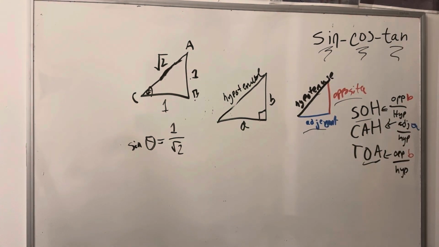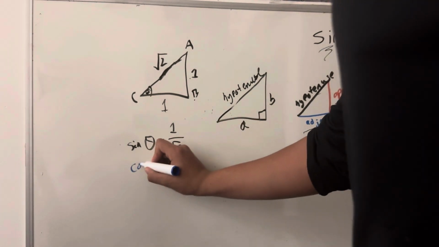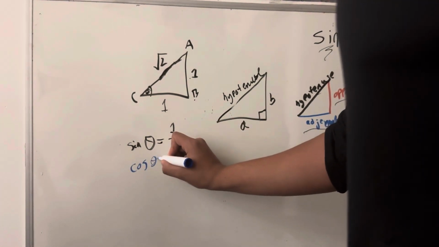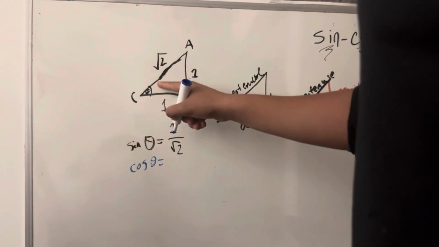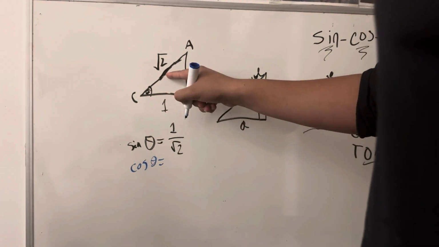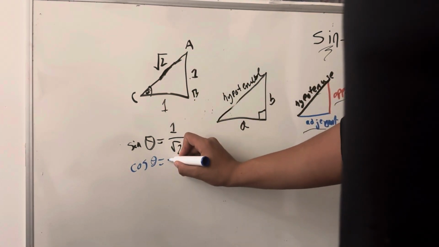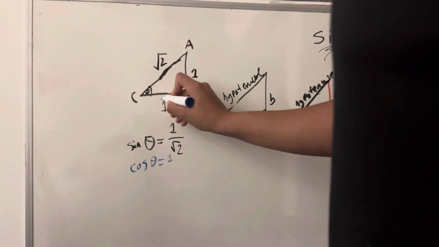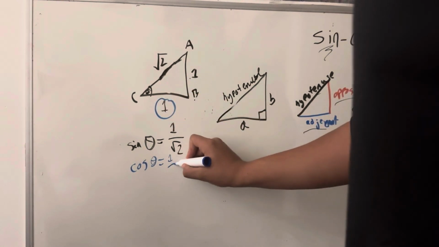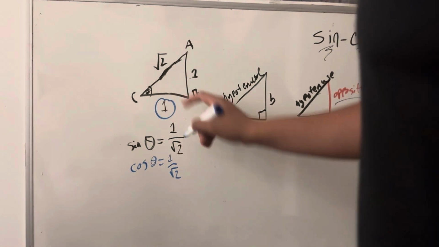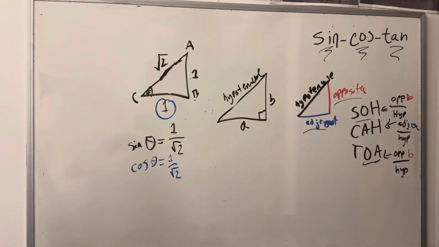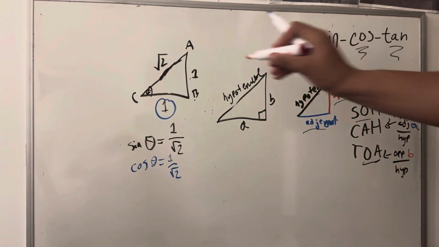Then we could say that cosine theta is equal to what? Adjacent over hypotenuse. 1 over the square root of 2. Now finally, for tangent,